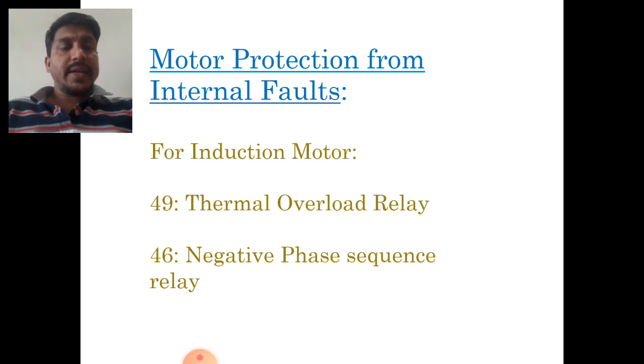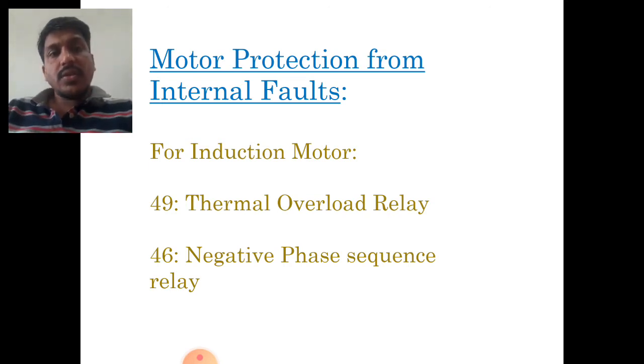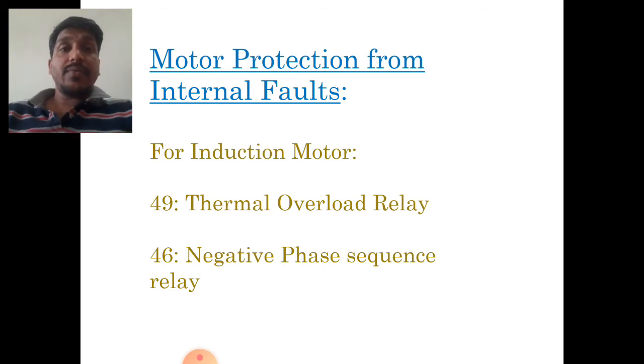And the second relay is the negative phase sequence relay, 46. Now what is this 46 about? It is also called a single phase preventer relay. Let's say your motor is provided with three phases, and of the three phases, two phases have gone, or a single phase has gone. Your motor sometimes runs only on a single phase. In that case, what will happen? The efficiency of the motor will get reduced. Your motor won't be able to drive with the efficiency it has when it works on three phases.